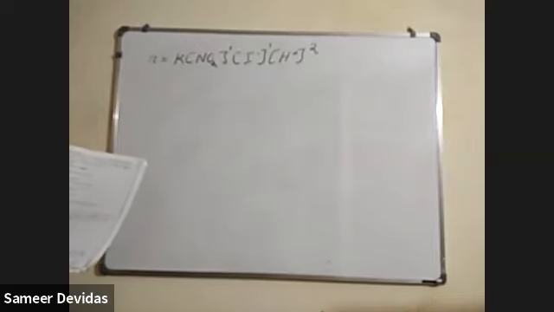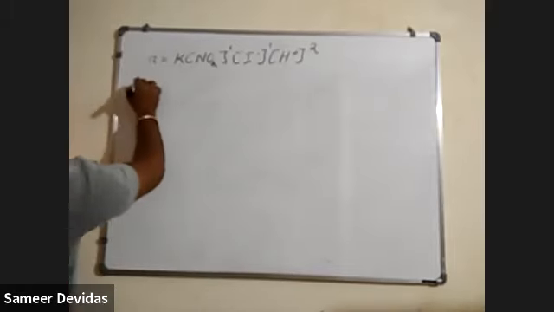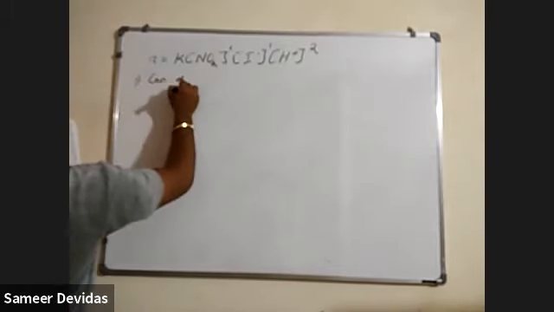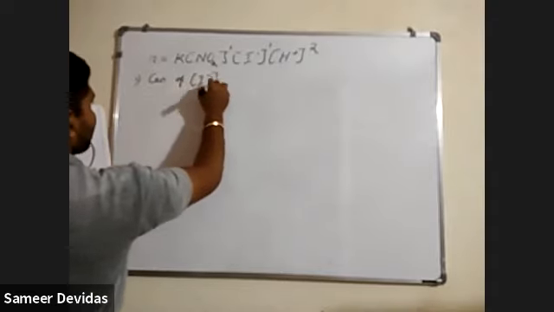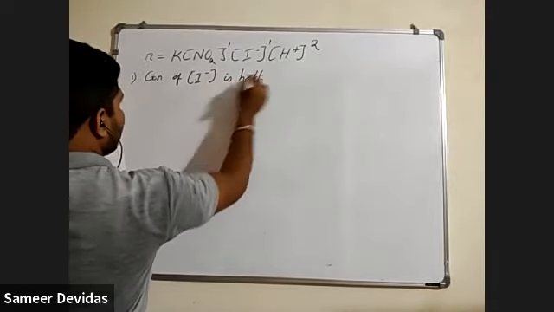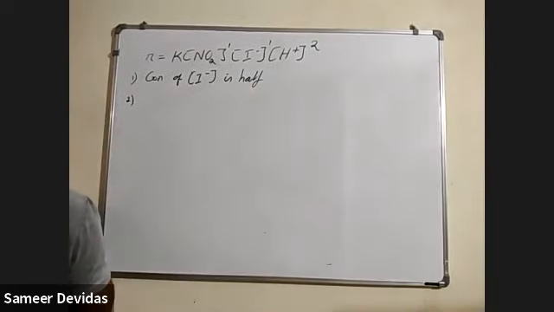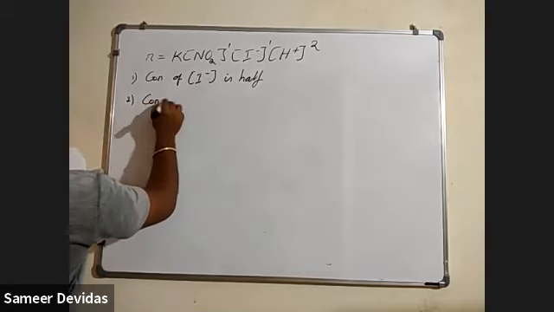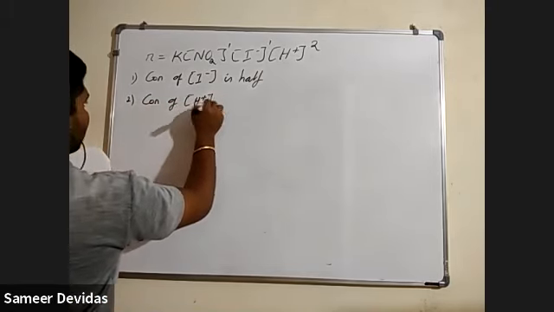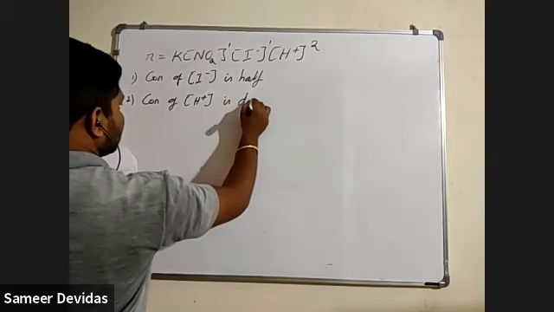How would the rate of a reaction change when, first, the concentration of I minus is halved; second, the concentration of H plus is doubled;